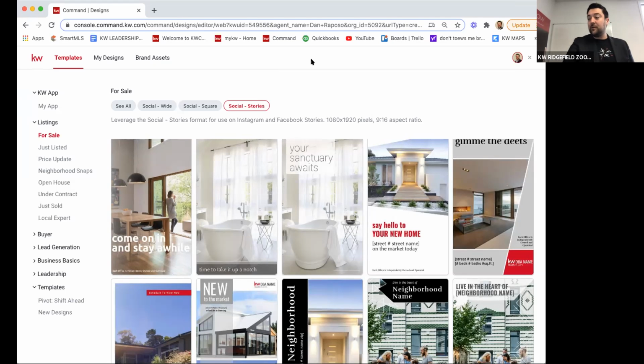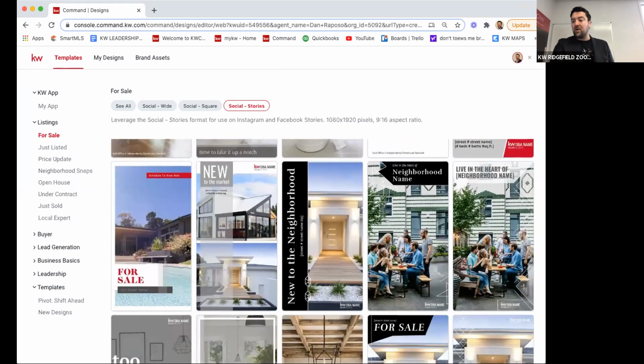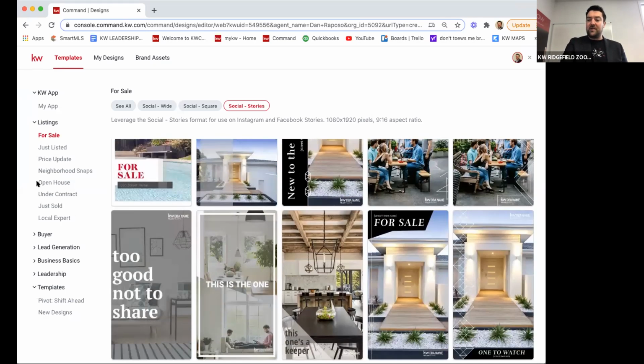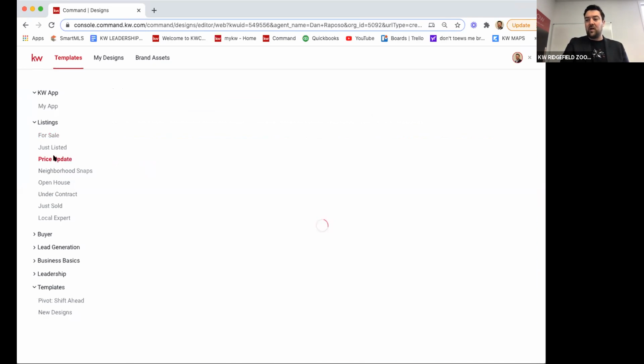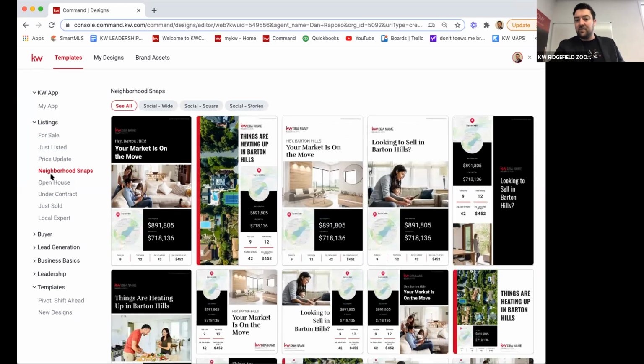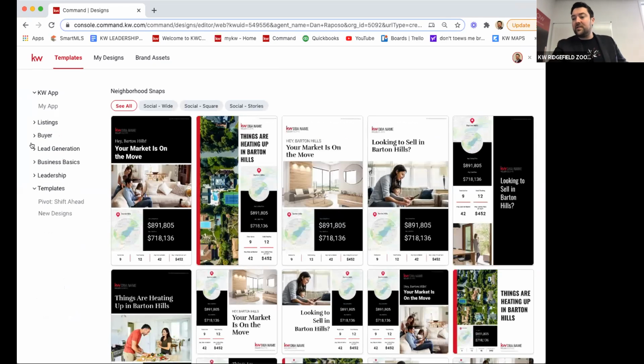So now these are all basic business stuff. All of the basic business stuff that you could use is going to be up here. So price updates, just listed. If you want to use some of the neighborhood snap stuff, that's in here as well. But the thing that I wanted to show you guys today are these things that are under templates. If you come down to templates and then hit the new designs button,